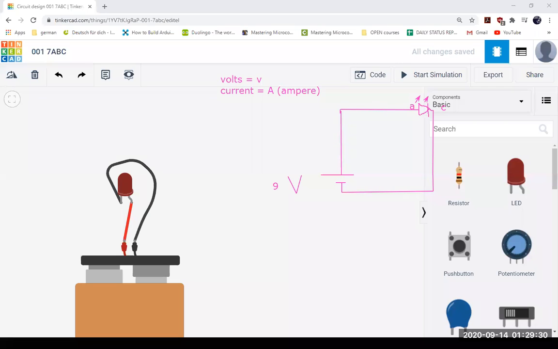See, this is the negative side and this is the positive side, right? I think this much you must know. So plus and minus, just like we have on the battery. So current flows something like this, in this direction, this direction, this direction. And this is exactly how it looks in this circuit.